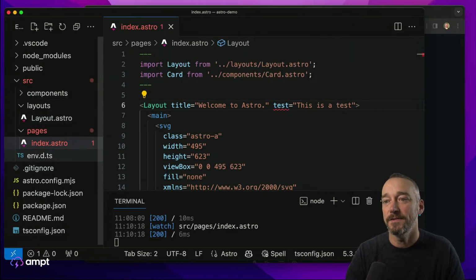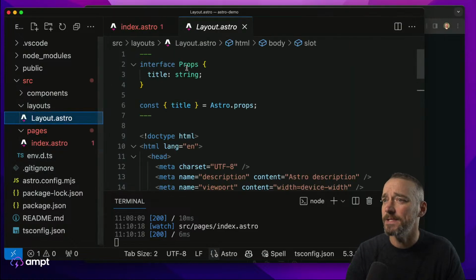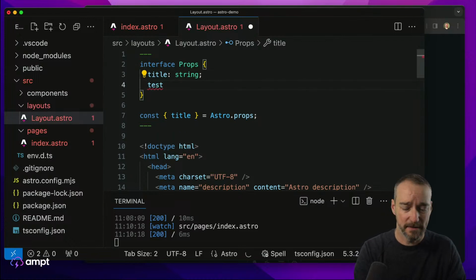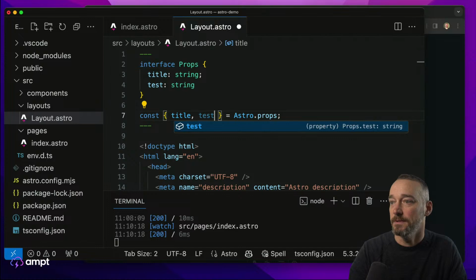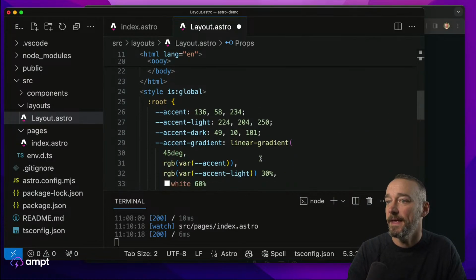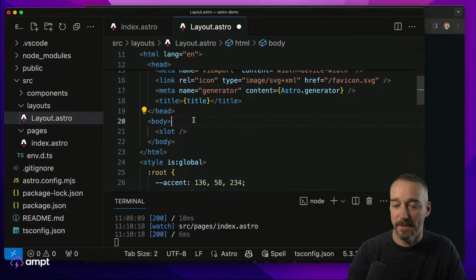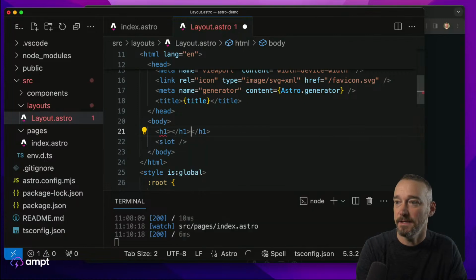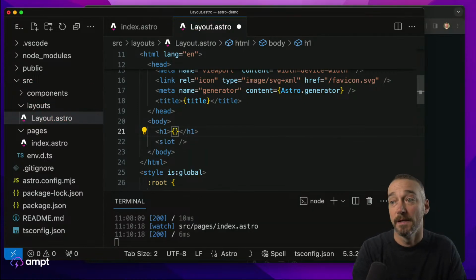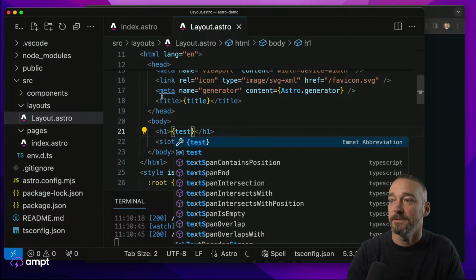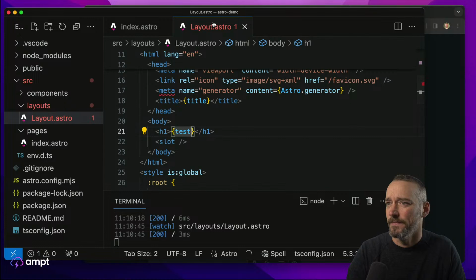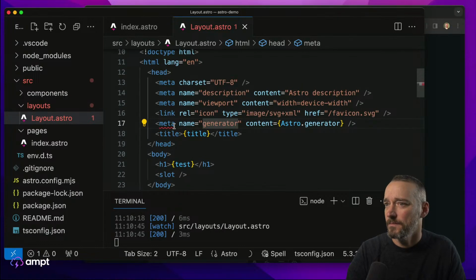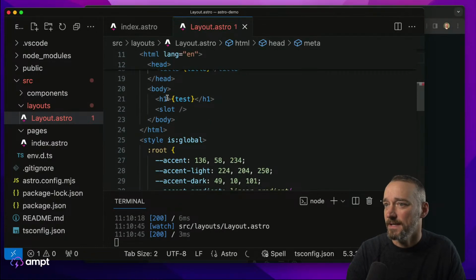So if we go into our layout and we create a new thing called test here and make this a string, and then we pull test in from props, then down here, just above this, we'll do an h1 tag, and we'll call this, what did I call it? Test, like that. Okay, so now we should have, it's one of those things where I don't know why that's giving me an error, but that's fine. So this actually should be